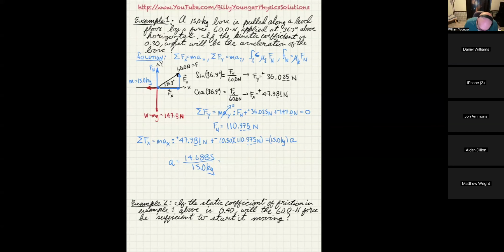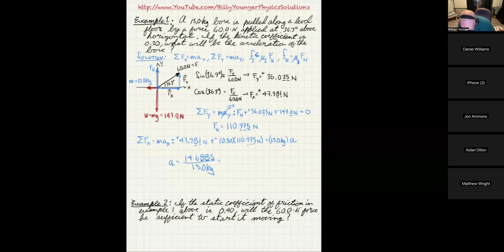Now, when I did that addition subtraction stuff, it turned out that the 47.981 was good to one decimal place. The 0.3 times 110.975, that had two sig figs, so that was not good to even one decimal place. So in fact, I have to say those two numbers make the 6, the 8, and the 5 not significant figures. So I'm dividing 2 sig figs by 3 sig figs, and that gives me